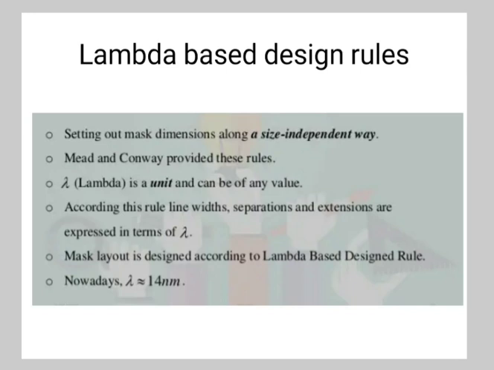It provides a feature size independent way of setting out a mask. If design rules are obeyed, the mask will produce a working circuit. The minimum feature size is defined as 2 lambda. It is used to preserve topological features on chip, and it prevents shorting, opens, and the contact from slipping out of the area to be contacted. Then design rules.